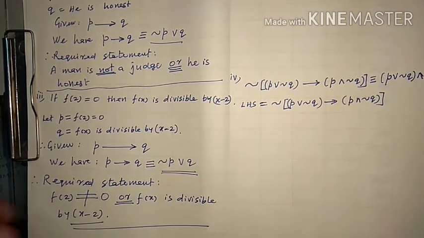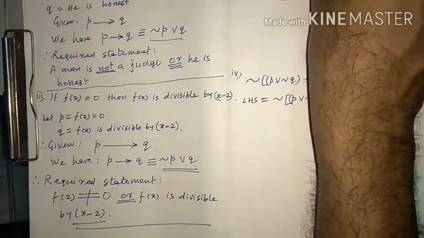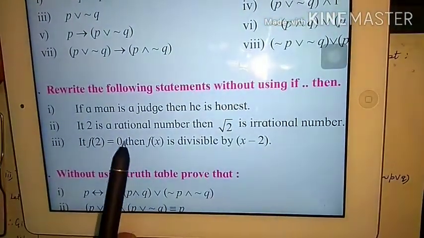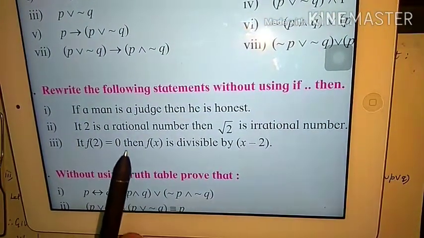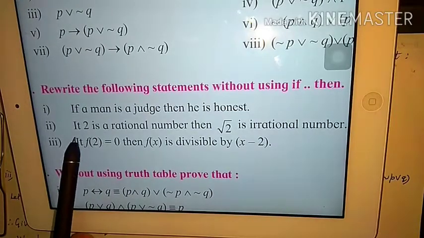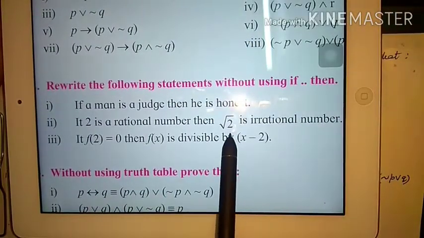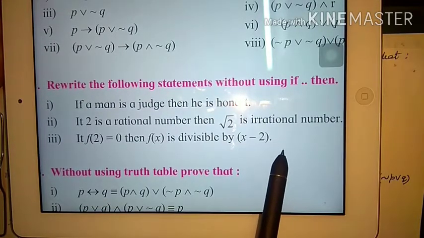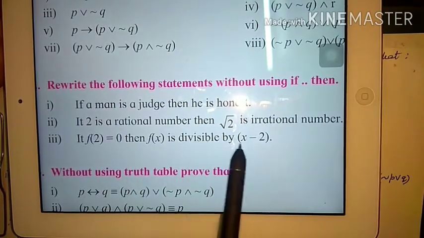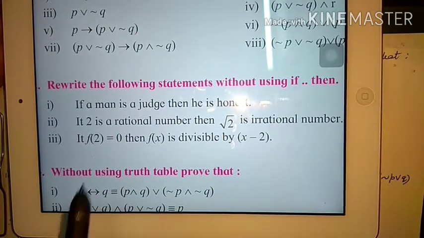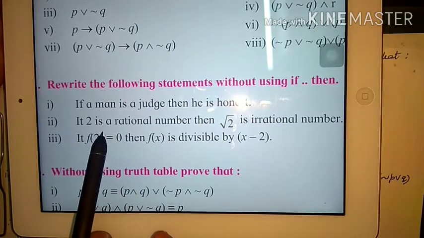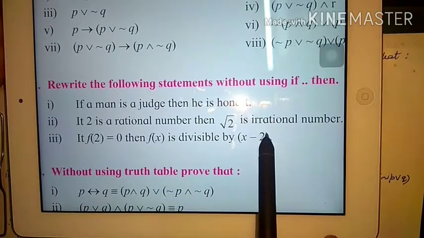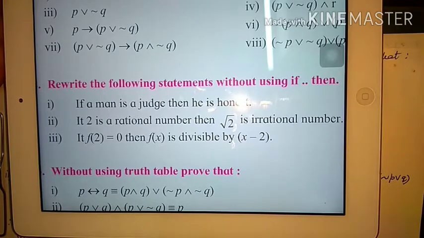That is this question number 3. Only one question I am giving you as homework. Otherwise you have practice problems. Only the second one. It's very simple. Suppose we are discussing orally. We consider P, first statement: 2 is a rational number. The second one is Q: root 2 is an irrational number. What is the required statement? If then we remove, exactly with the same statement. Not the first: 2 is not a rational number, or root 2 is an irrational number. Only that much. Very simple. Please try that.